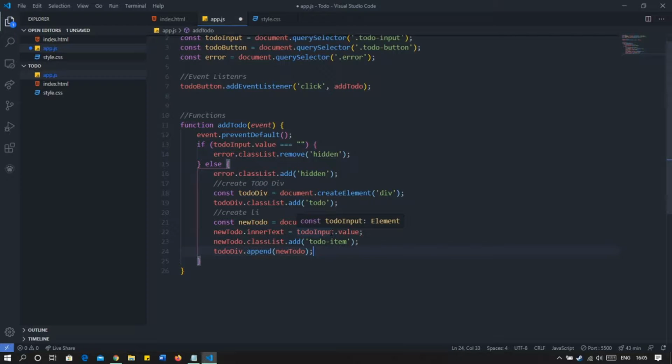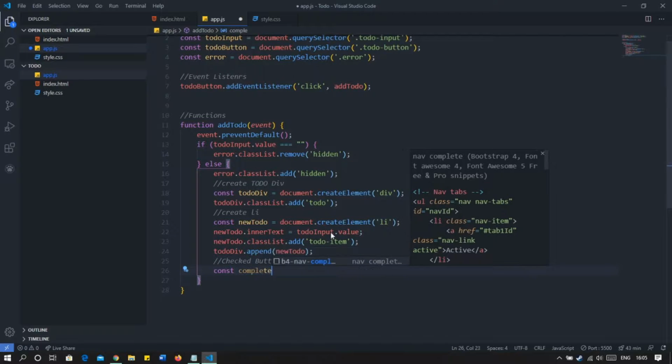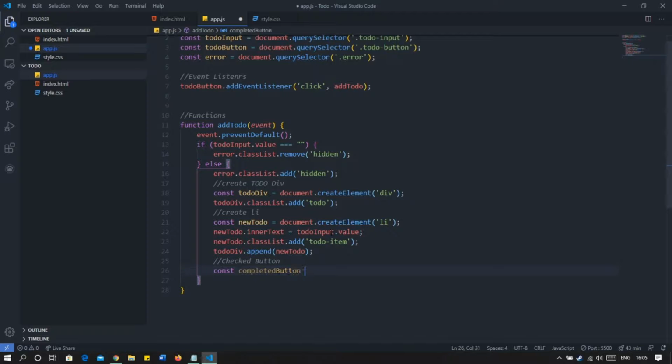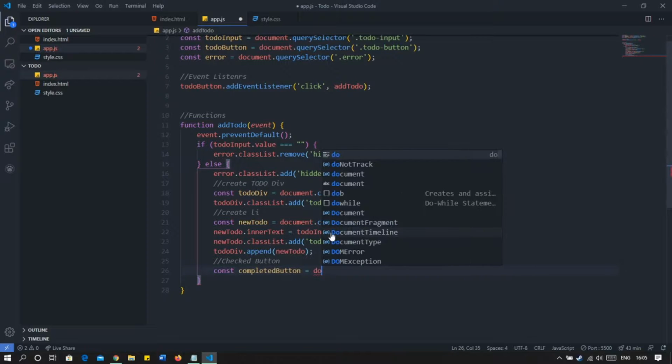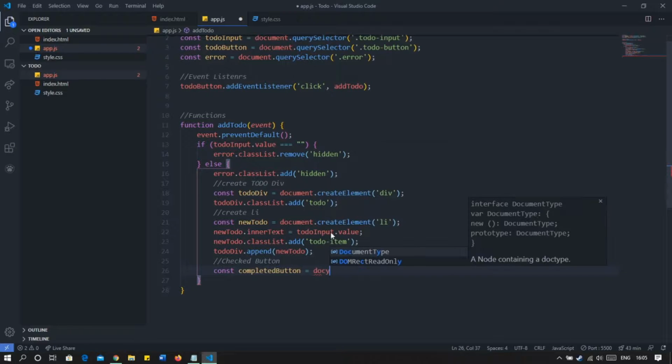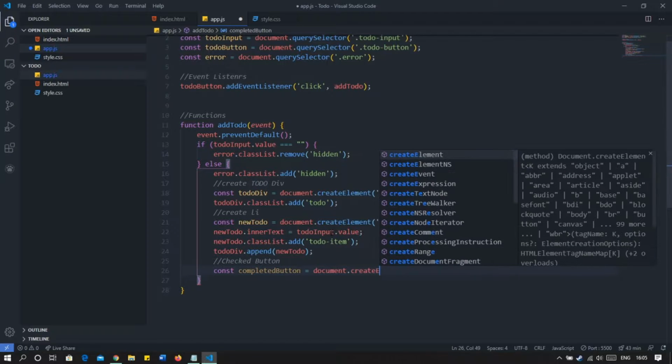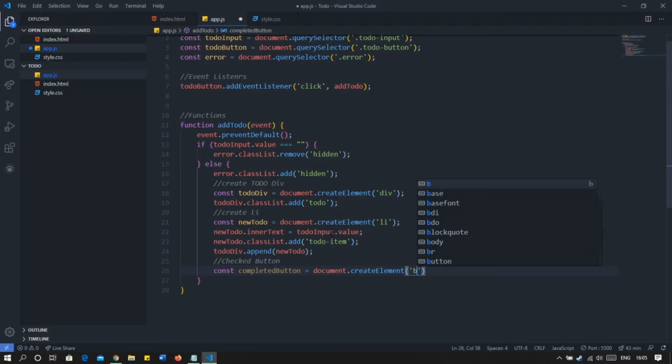Now as we have created the list, it's time we create our checked button. So we will create our button just like we created our division and the list. So completed button, document dot create element, and it will be a button. Now we need to add a particular HTML code, right?